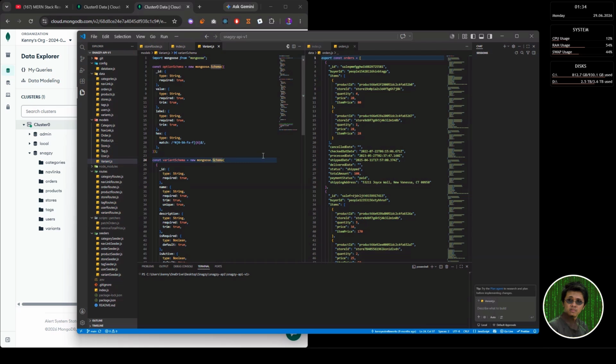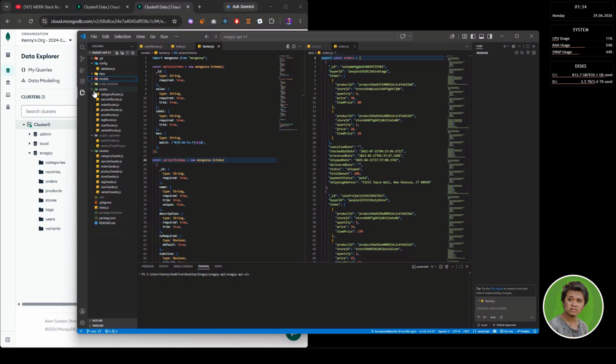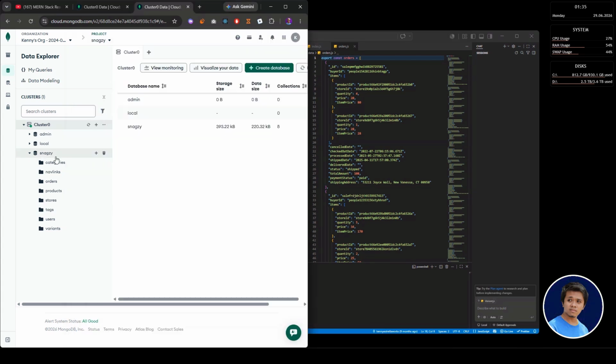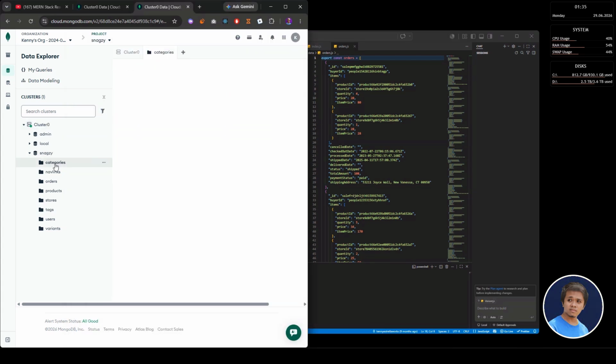I mentioned before that we seed the data to the MongoDB collections using seeder files. So let's test it out and see it in the flesh. For example, we will delete one document in our MongoDB database. Let's delete categories, for example.